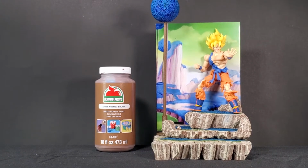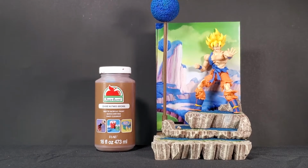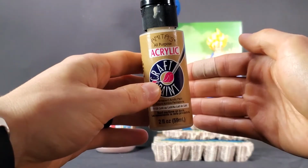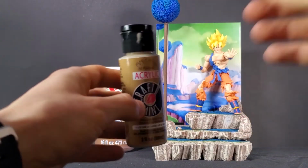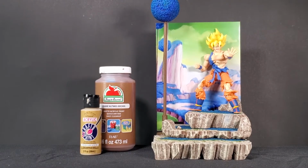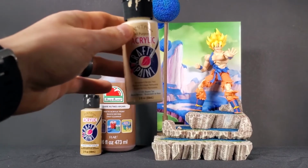That was just straight up painted, covering all the cracks and all that kind of stuff. Then the next color that I used was a dry brushing of this color, which I don't know if you guys can see if that's in focus or not, but it's Anita's paint there. I used that to dry brush the first layer on top of the rocks to get it a little bit lighter. And then the final color for the rocks was this color here, which is Riviera